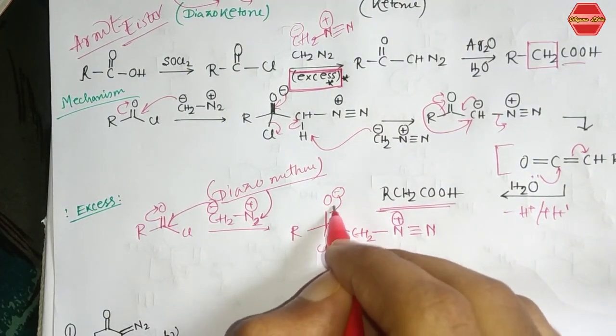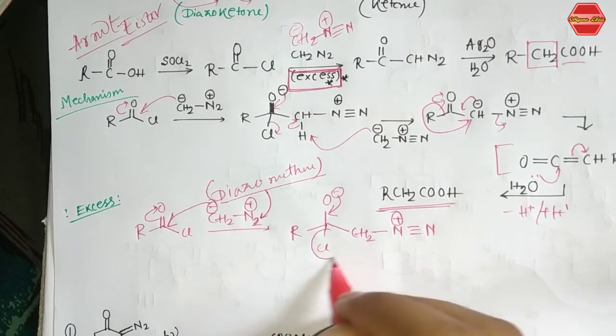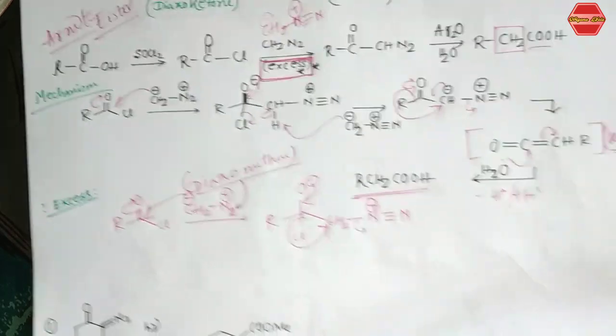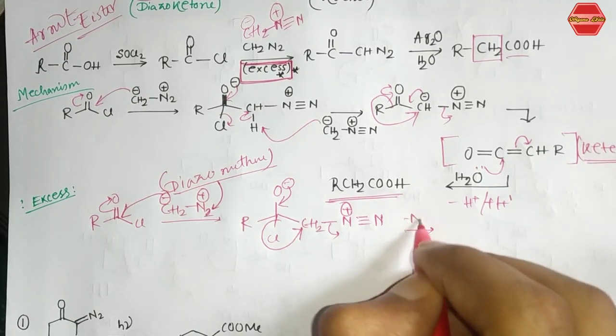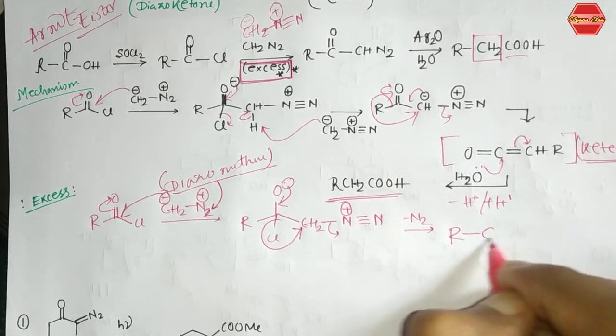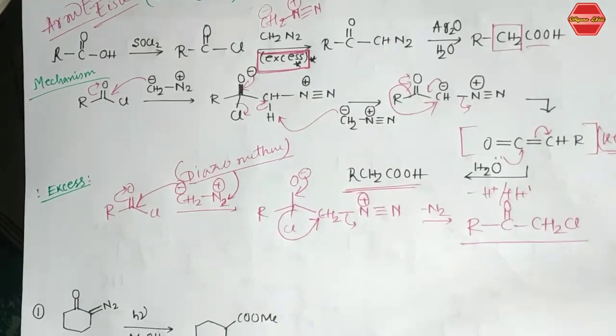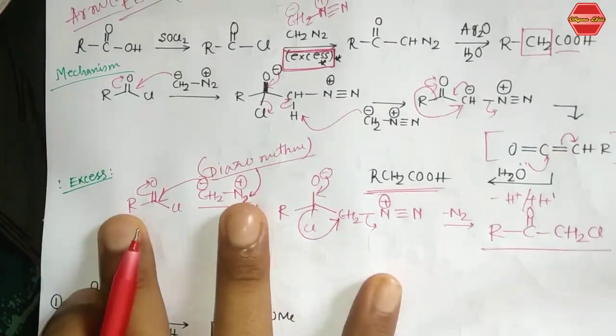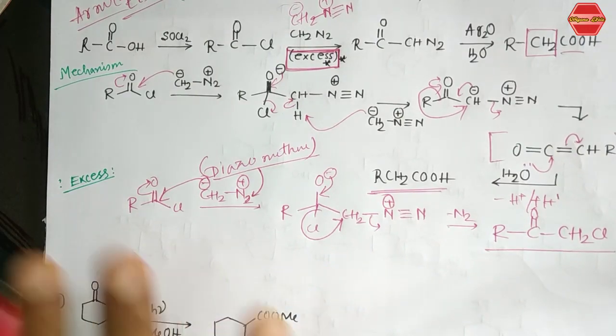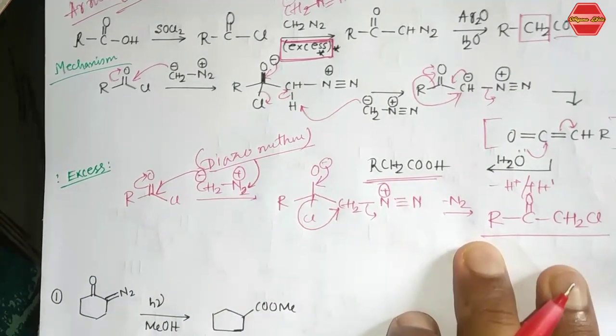So then these bonds go here, and this Cl will migrate to this CH2 center, and this will leave from the system. So minus N2 will leave, and your product is basically the RCOCH2Cl, right? So this is the importance of this reaction. If the excess is not used, then this kind of product